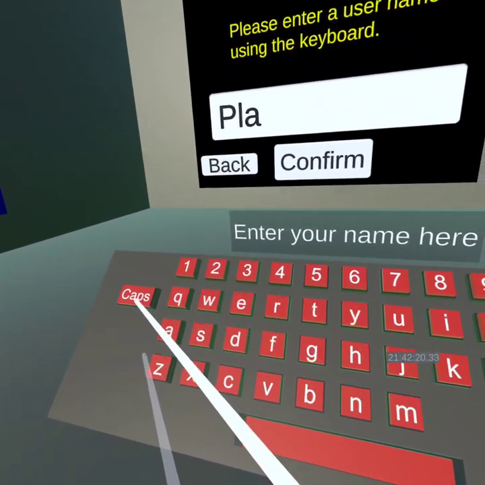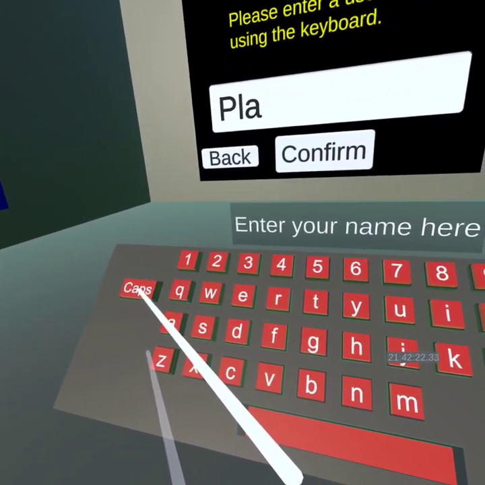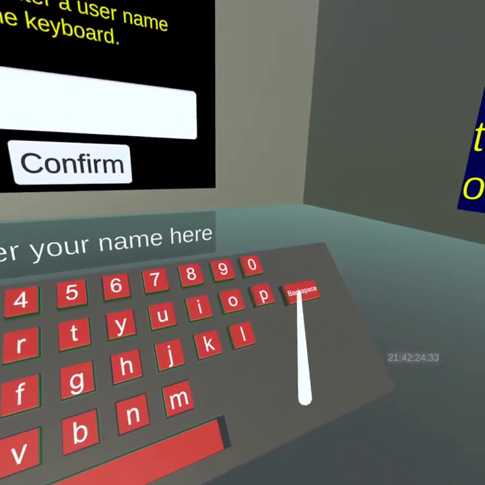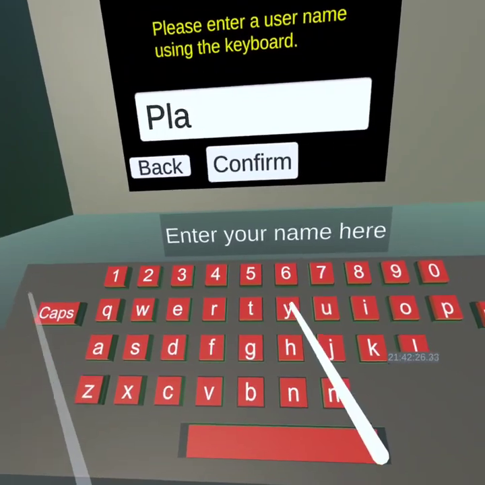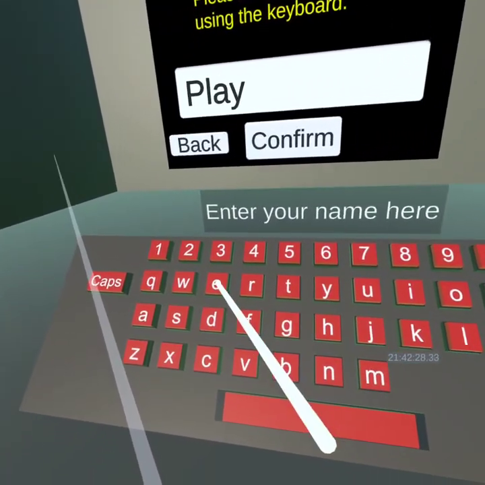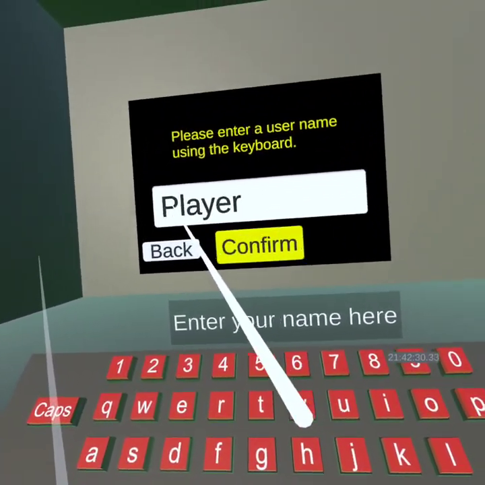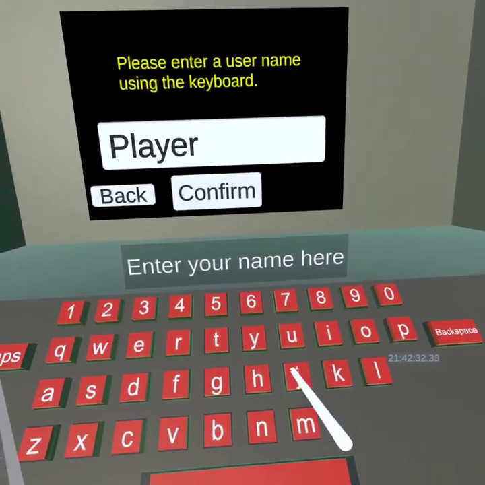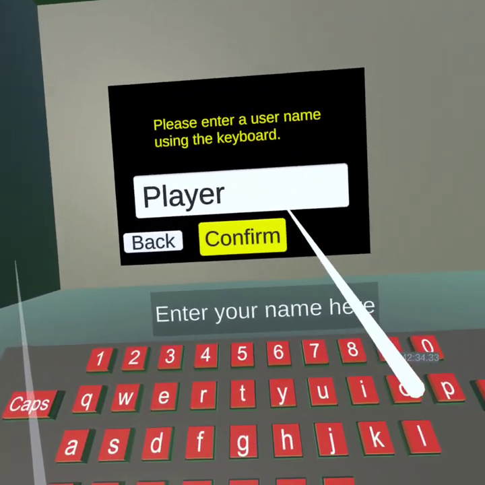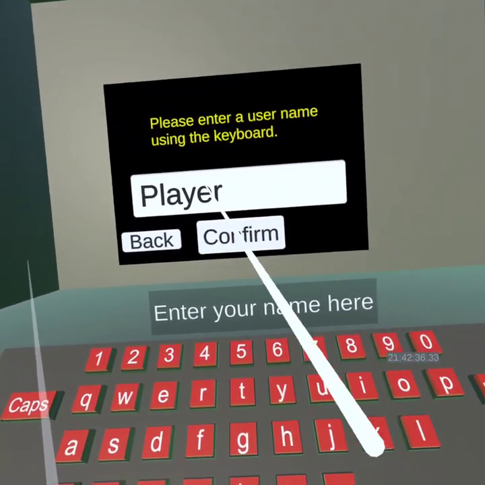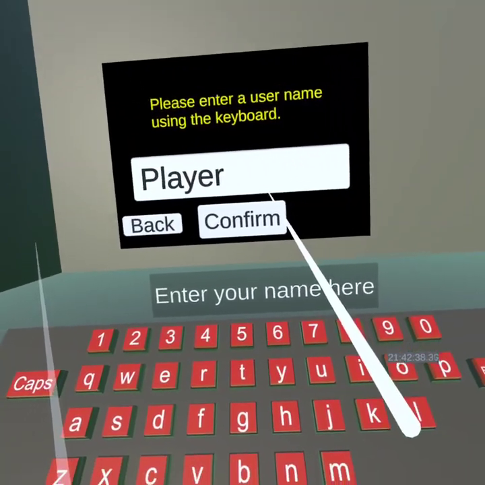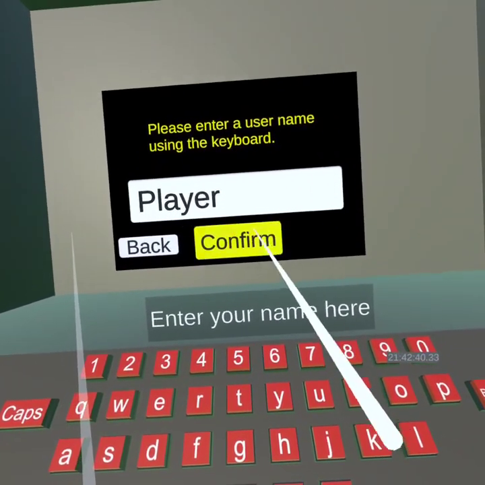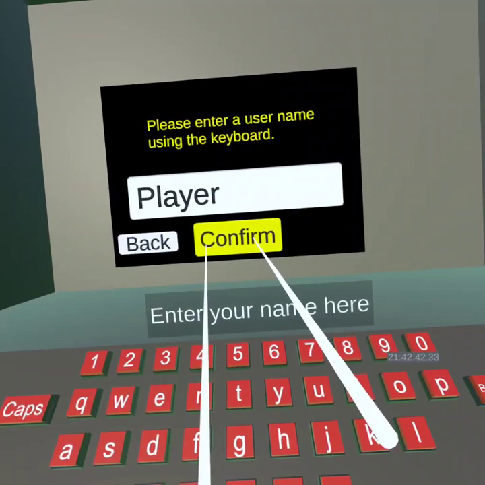And you can use this to change the caps. That one deletes. And you can see that as you type using these buttons here, the name appears on the field on the screen. Then you press confirm,